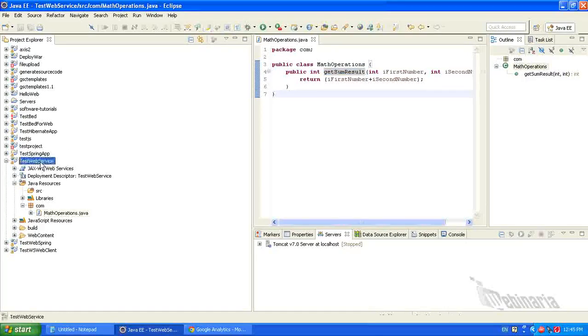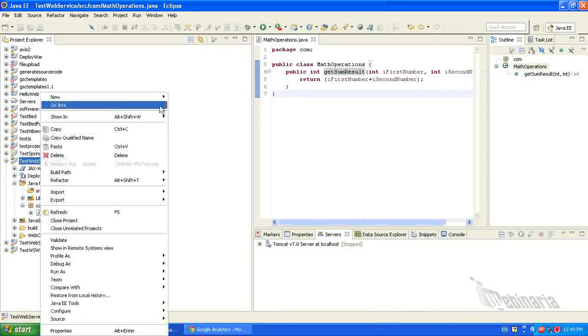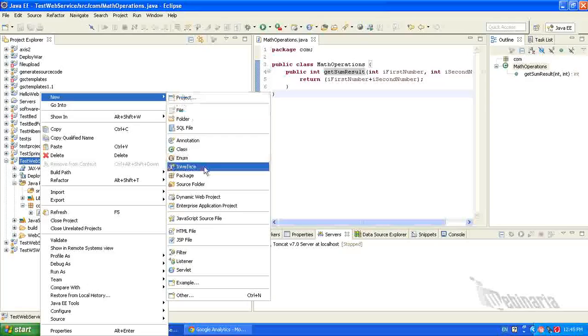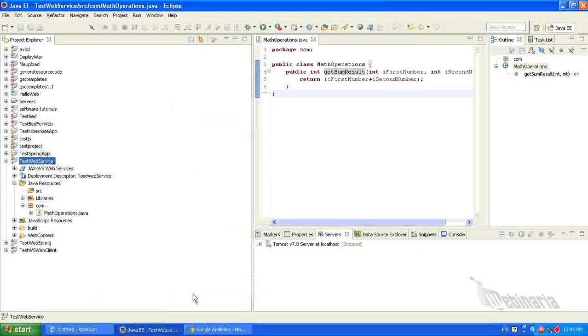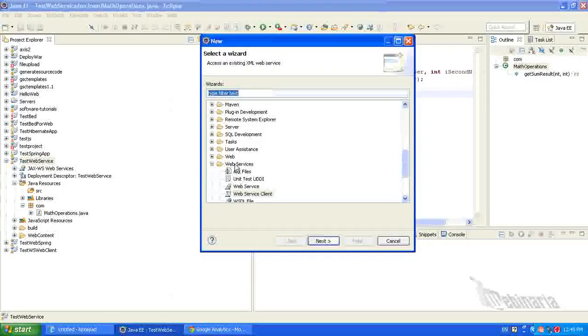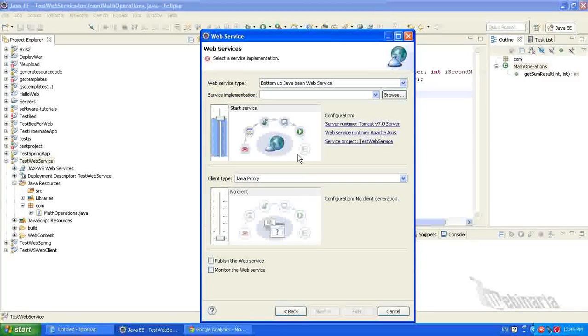So after this, select the project, right click, new, click other option. Under web services, select web service, click next button.